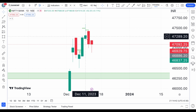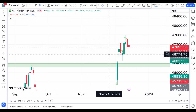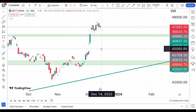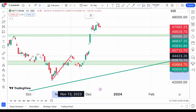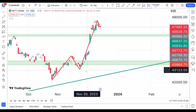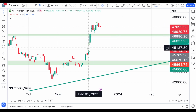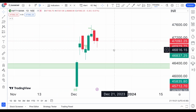this has become a very strong bearish signal, which is a bearish engulfing pattern. A bearish engulfing pattern coming at an all-time high with a shooting star just before that, and that's coming after a very strong and extended rally. From there, all this is one pull straight up. This much of the movement is almost 4300 and change points for the Bank Nifty. So this kind of a pullback is expected, and also it is healthy to see such pullbacks in a